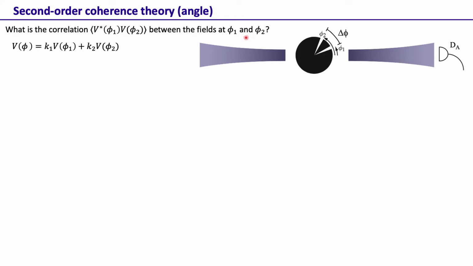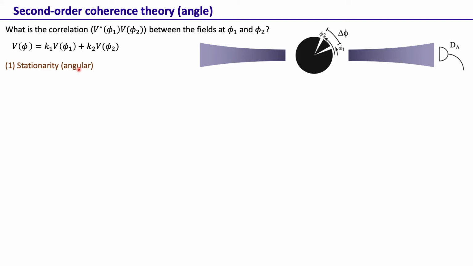So how do we find that? Again, it's the same methodology: we go to some other point, let's say V phi, away from this plane. For example, in this setup, if we cut the slits here and then look at the field at some angle phi at some other location, it will have contributions from the fields at phi 1 and phi 2, and of course there will be some geometric factor. This is the generic way of answering this question. But before we answer it, let's look at the essential mathematical concepts.